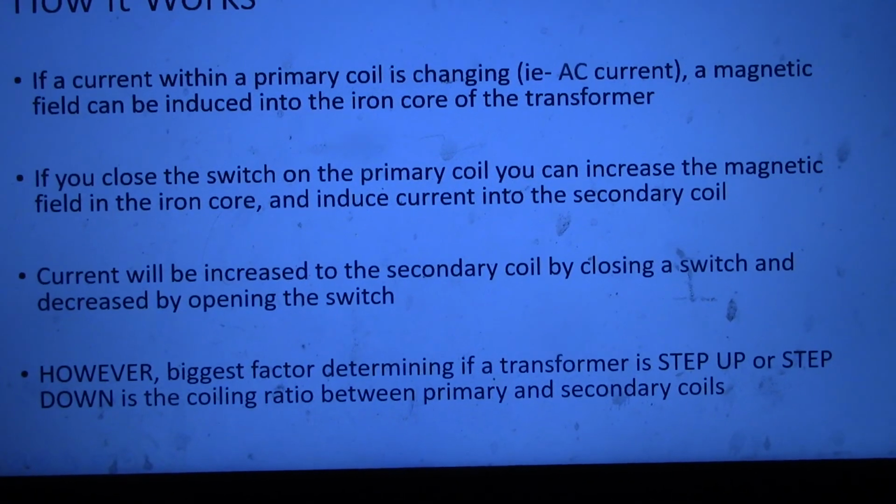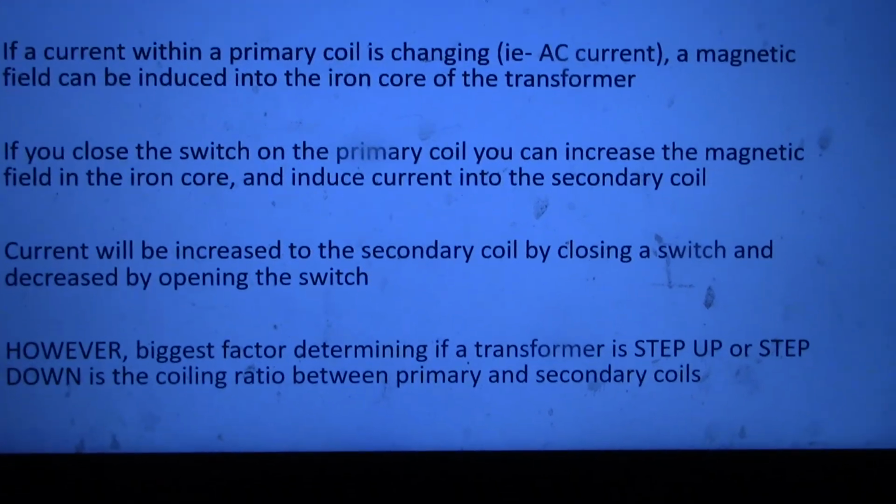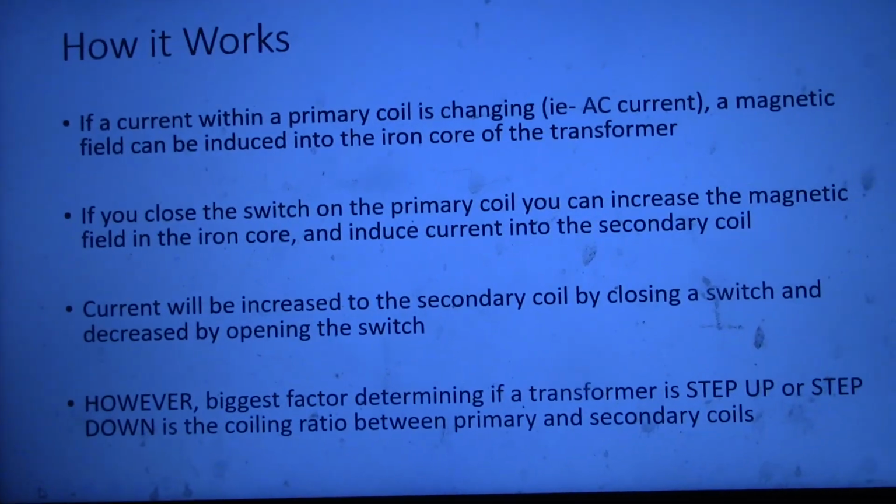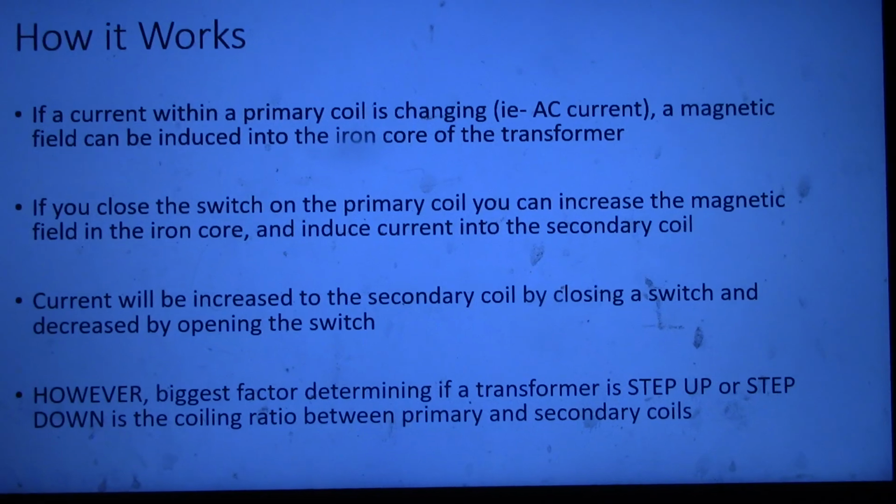So if I close the switch, then electricity can pass through the secondary coil, kind of like completing a circuit. All right, so those are all factors, but the